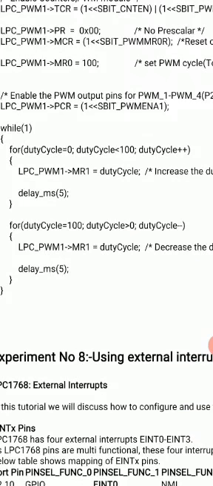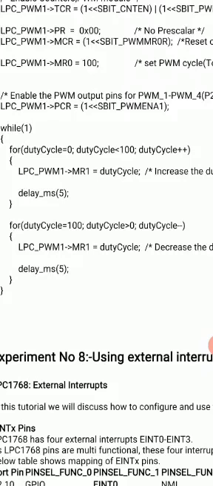Then in the LPC_PWM1 MR1 register, we have to keep putting this duty cycle. The MR1 register is a match register associated with each of the PWM channels. So we will be putting these duty cycles one by one into this MR1 register. It is matched with the MR0 register. When they become equal, TC will be reset. Until then, the TC will be continuously counting. So this will happen until the duty cycle reaches 100%.